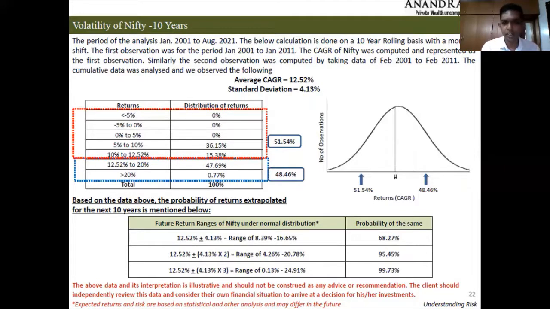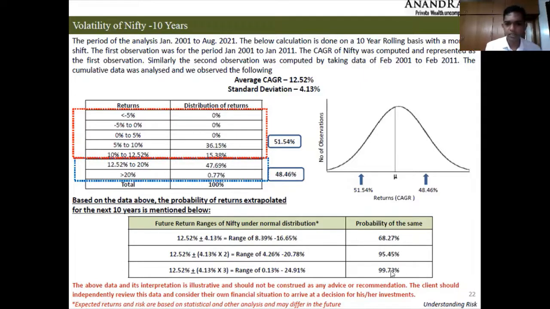Sir, this is a graph. So what we have is, sir, on a long-term basis from 2001 till 2021, the returns of Nifty on a long-term average are 12.52% and the standard deviation is 4.13. If I plot the movement of Nifty on a rolling return basis for the last 20 odd years, it will follow a normal distribution curve, sir. Wherein what it says is 50% of the values would be below the average and 50% would be above the average. So because of which, sir, we can apply the law of probability and come to a point that